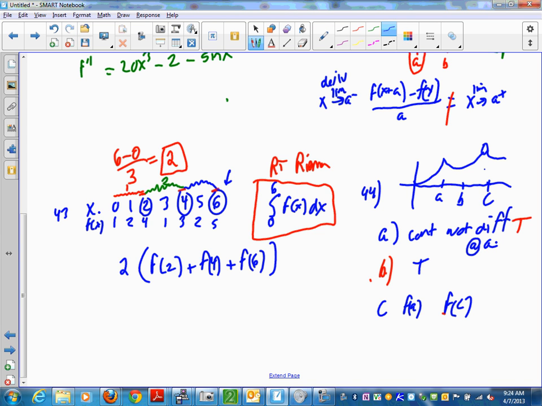Had they given us a dot down here, let's say, the function is defined there, even though it's not continuous. Anyway, so that one's true as well. D says, can you take the derivative at point B? Well, point B looks like a nice smooth spot on the curve, so you can certainly take the derivative of that. So by the process of elimination, we've come to the conclusion,